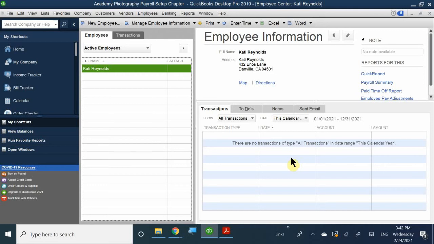Now, tomorrow, I'll go ahead and talk about what happens when I need to do a manual payroll. It should have been done today, but again, tomorrow we're going to be taking a look at using the payroll services. So we're going to be taking a look at both sections, doing manual, and using the payroll services, so you can pick which one works best for you. Okay? So with that being said, now that we're here at the Employee Center, just like I mentioned before,